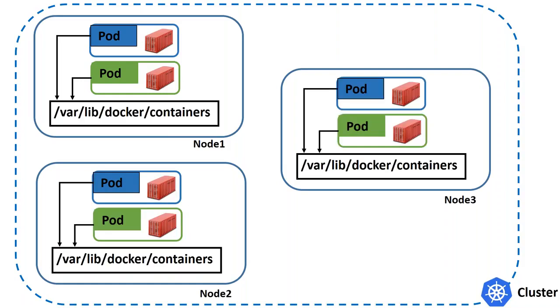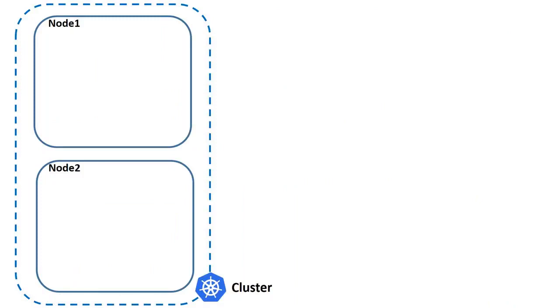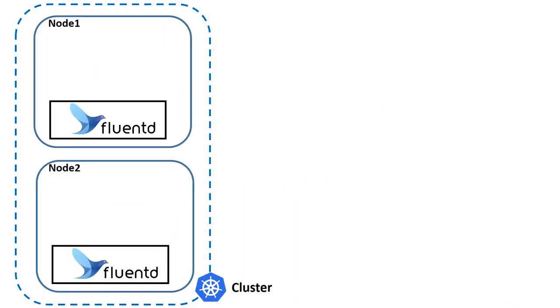So that's where what we want is, if I want some data, instead of me going into each machine, we should be collecting everything and storing it into a common location. Okay, so that is what we call a centralized location. Now, what we will be using is a utility called